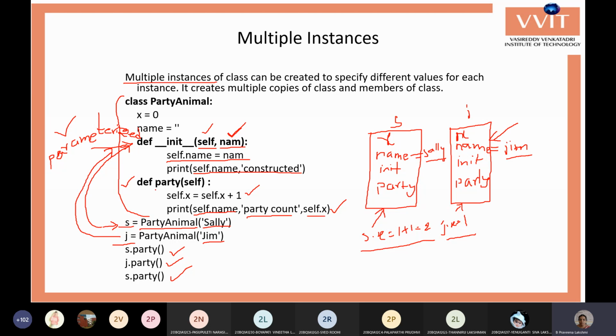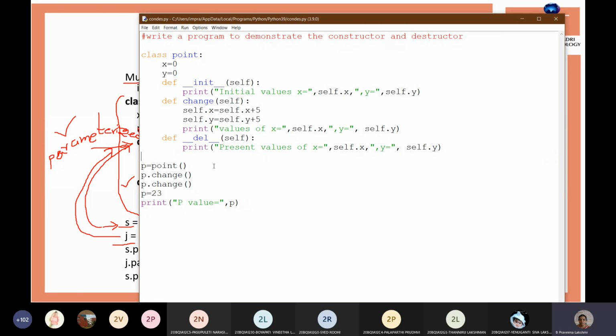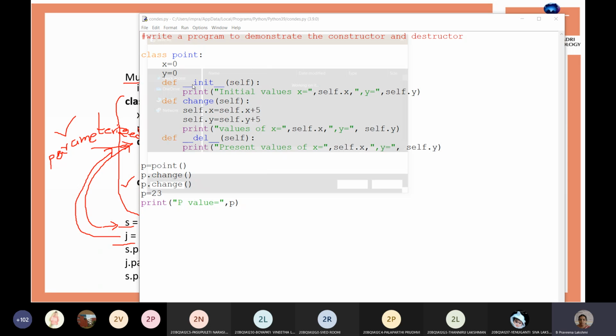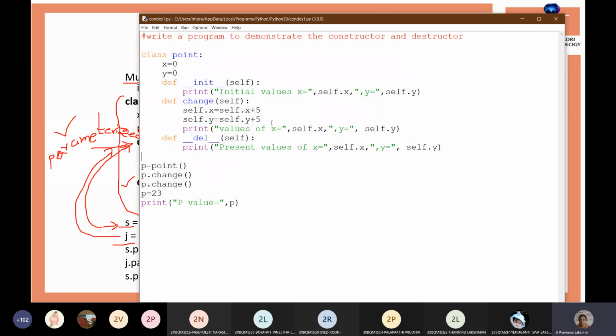So I'll show an example for this. I'm just making a save as of this. I'll be assigning some values here: x1, y1, two variables.